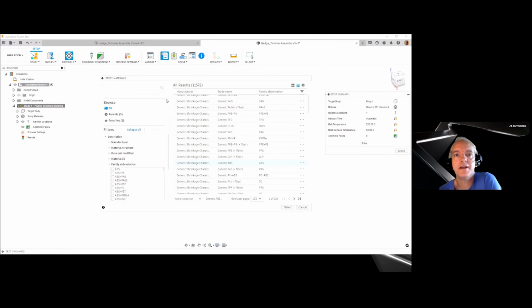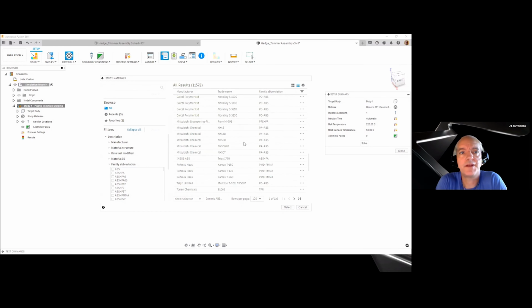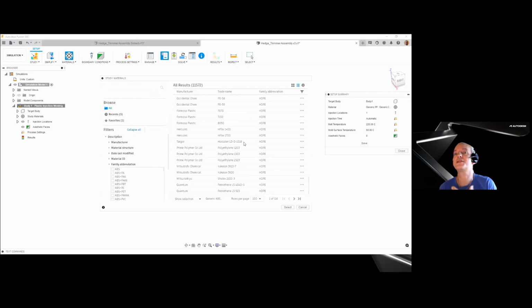So not only the mechanical properties for the particular materials, but also the rheological, the viscosity behavior, how these plastics solidify, and all that stuff that you need for injection molding simulation. And it's a big database with many different material suppliers, many different grades, different families, and there are different ways to search the database.